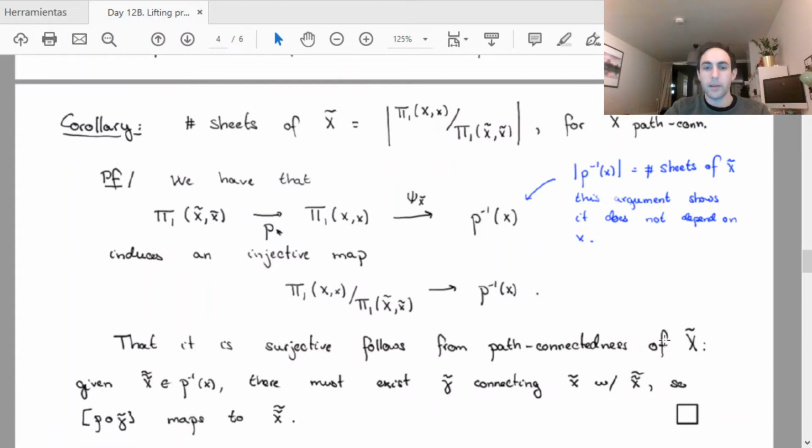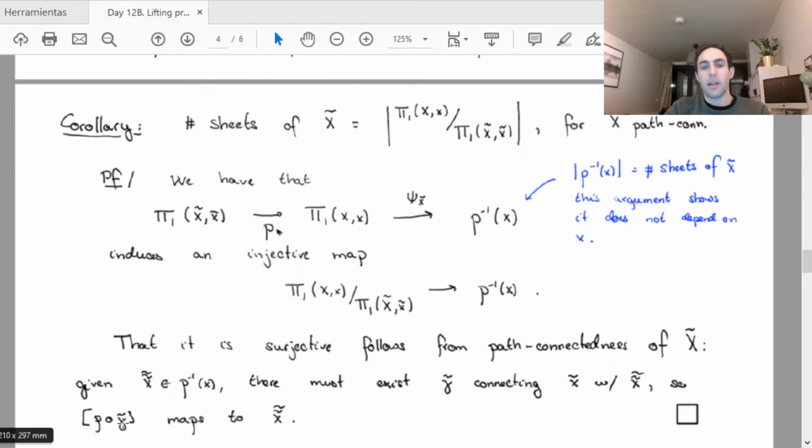So if x tilde is path connected, then if I take an element here in this fiber, let's call it x tilde tilde, then by assumption there must exist a path, gamma tilde, that connects it to x tilde, our favorite base point. As such, this gamma tilde is a path, but because it starts at x tilde and finishes on x tilde tilde, both of which lie over the fiber of x, when I project it down, it will become a loop based at x,